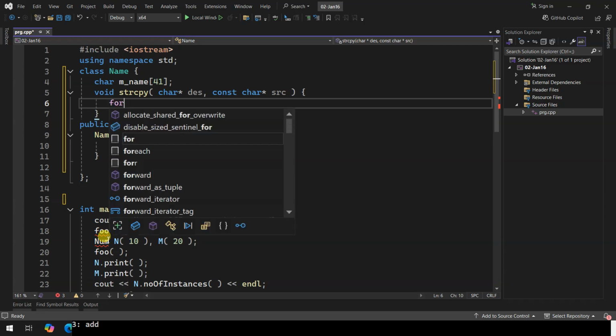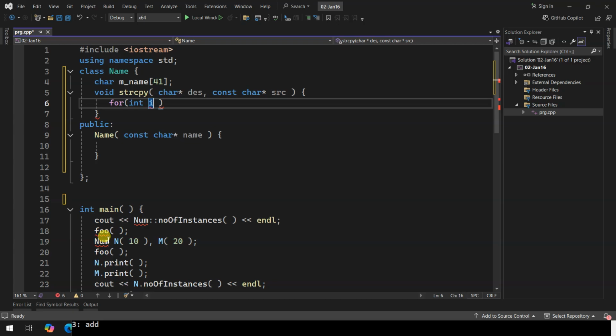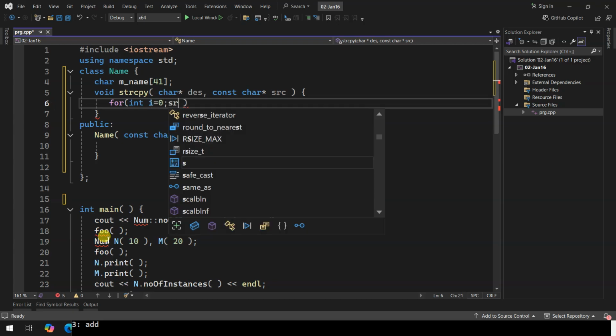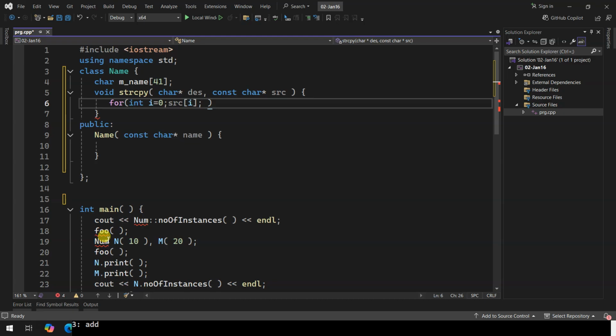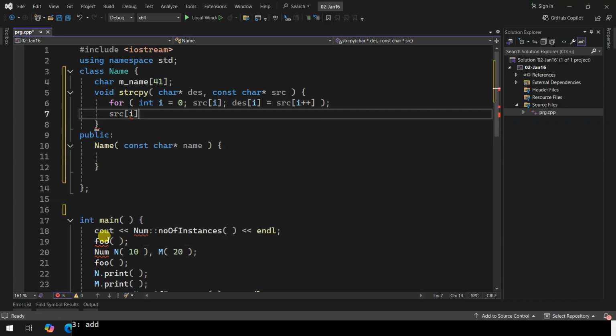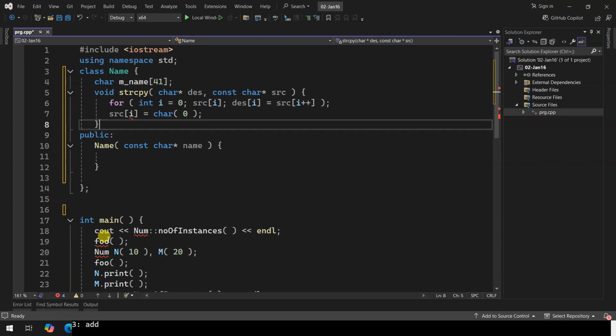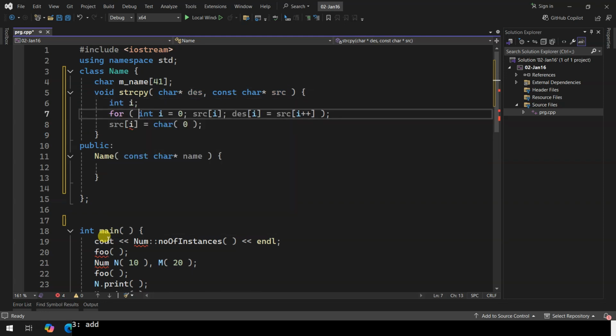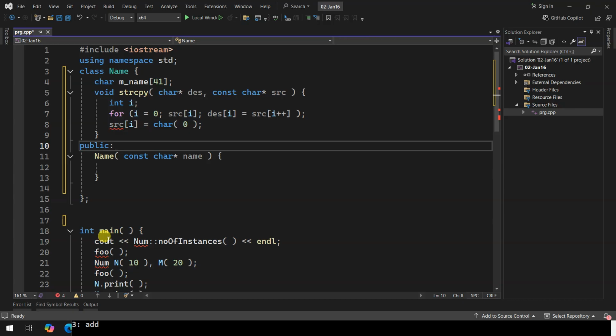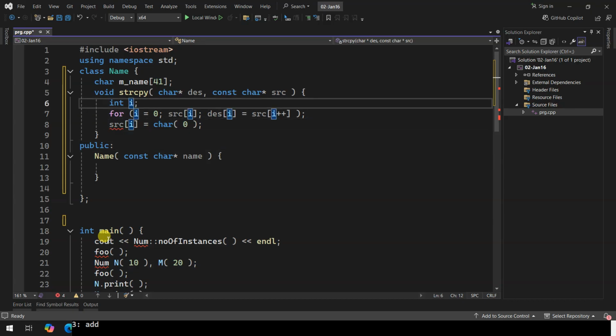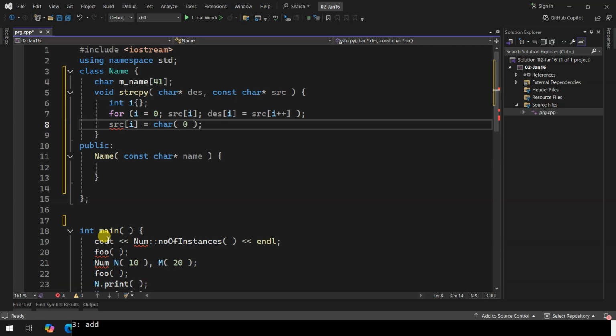Now in here, I'm going to say for integer i set to 0, source i, and destination i set to source i. Sorry, not source, destination.